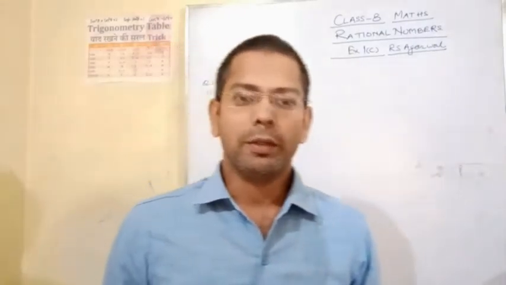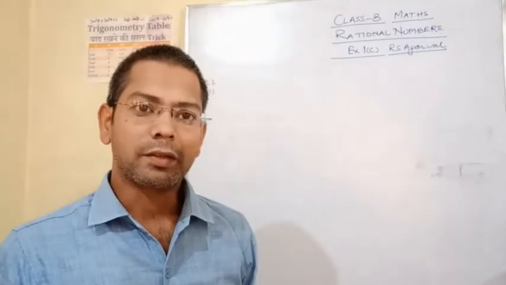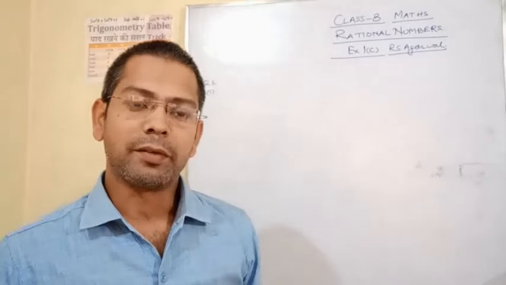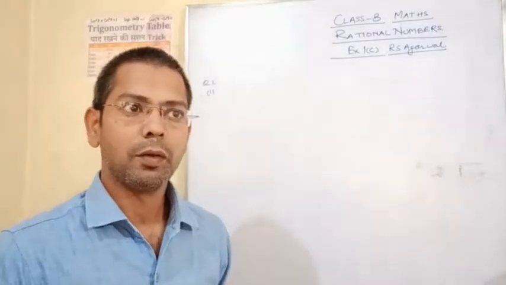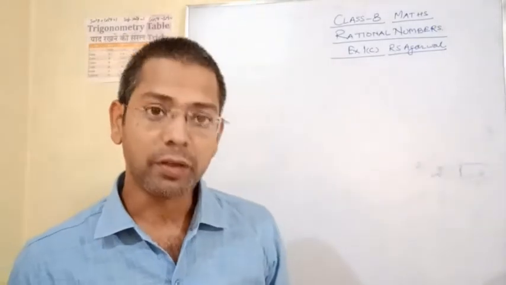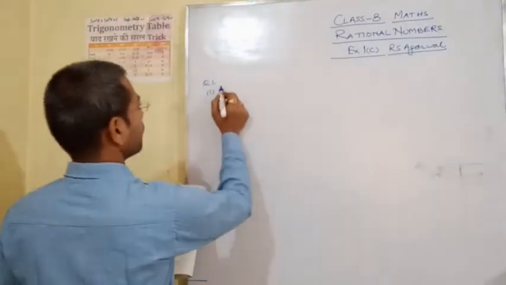Good morning, students. Now we will discuss exercise 1C of mathematics. First lesson, rational numbers, exercise C. First question is: add the following rational numbers. The first part is minus 2 upon 5